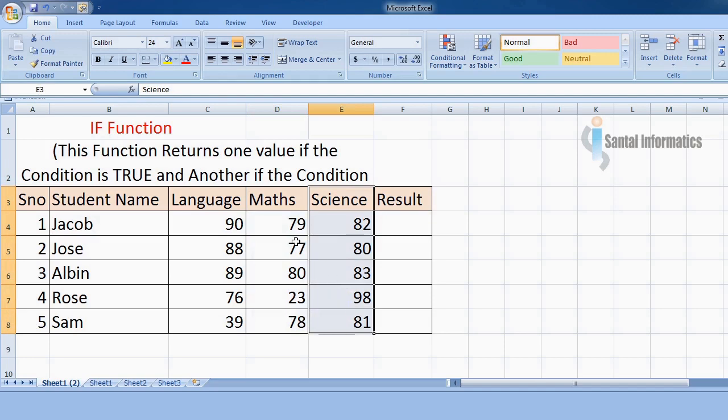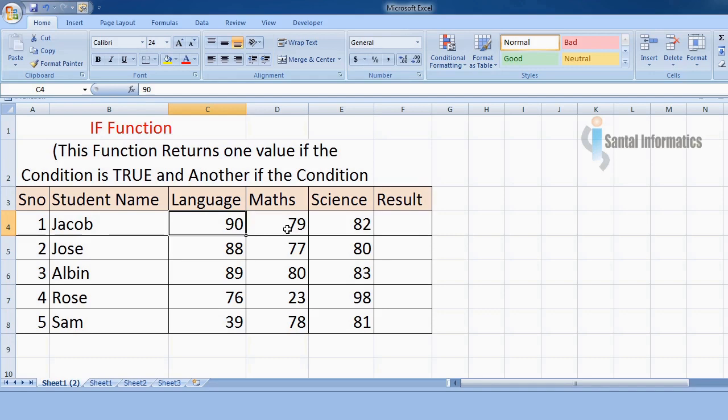If the student gets less than 40 in any one of these subjects, then he is fail. This condition we are going to use in if function. Here we are going to check 3 conditions. These 3 conditions we are going to combine with OR operator.